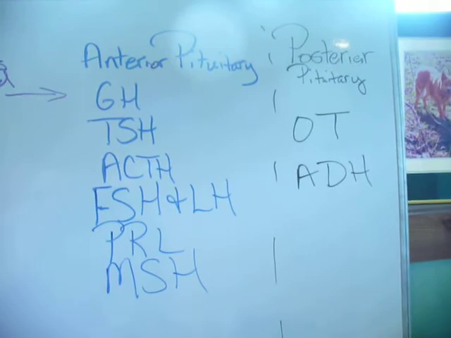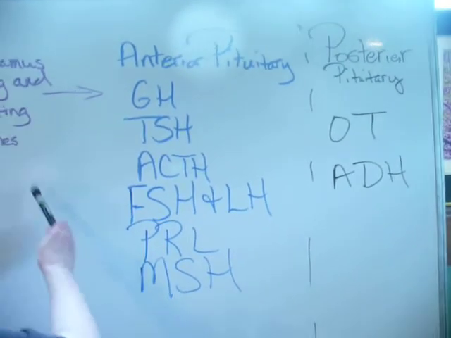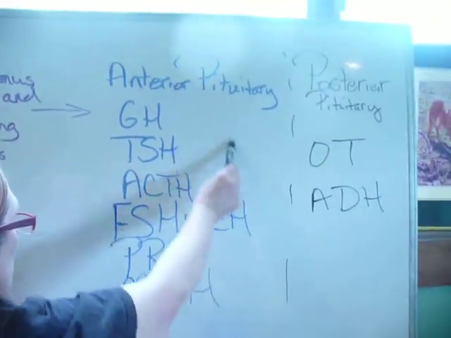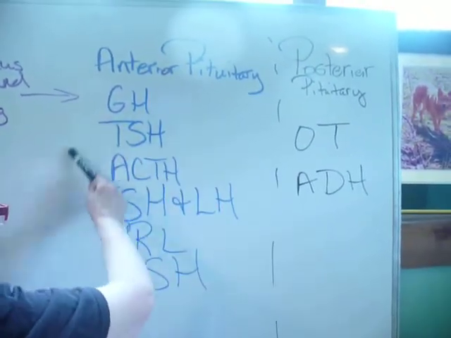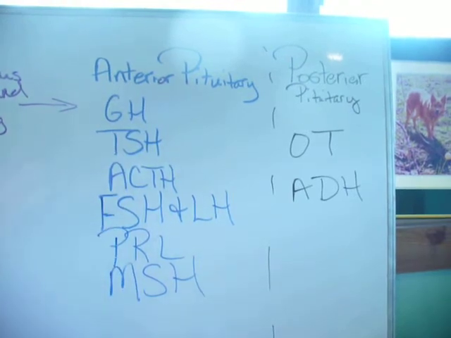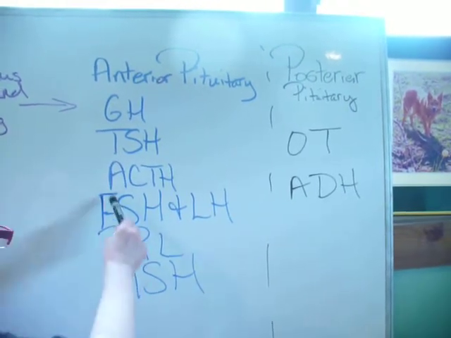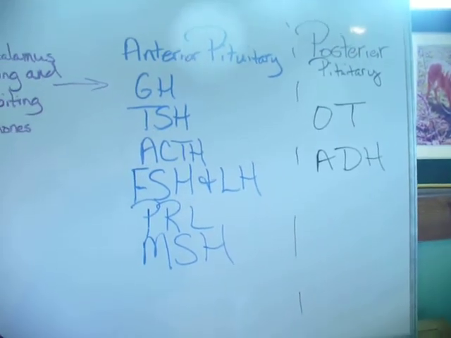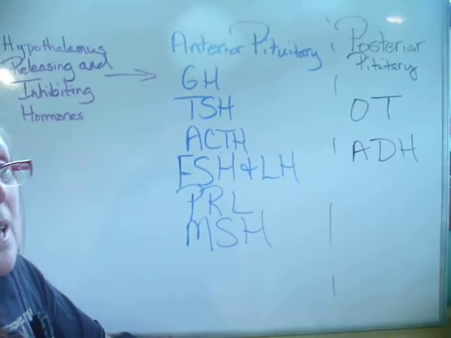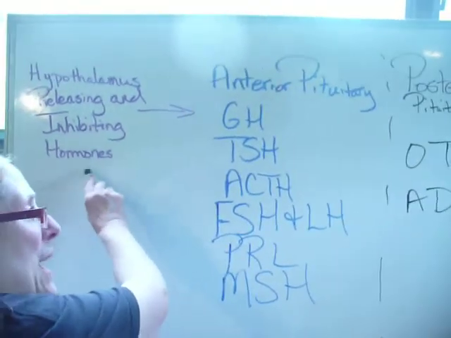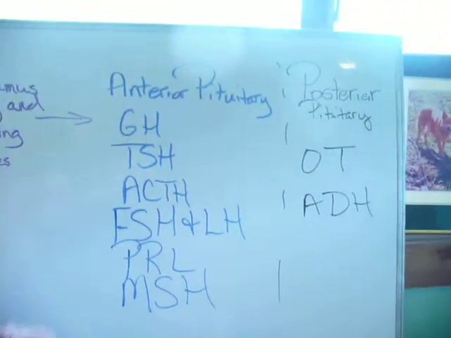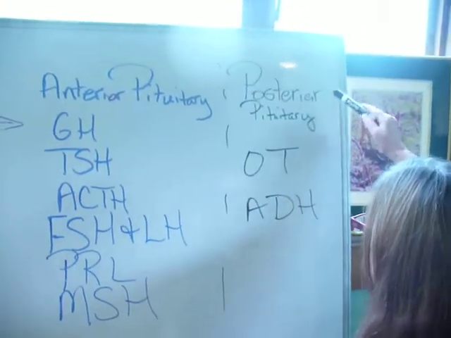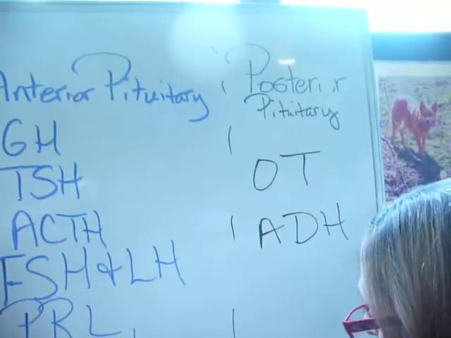That's the MSH. Okay, so again, looking at these inhibiting and releasing hormones and all of the interactions with almost all of these hormones that are produced by the anterior pituitary, which, by the way, is called the master gland. But see, there's a master to the master. All right? And we've already gone over the posterior pituitary